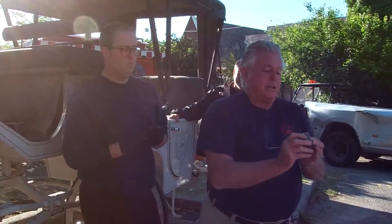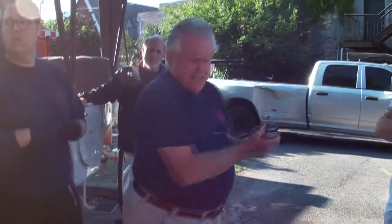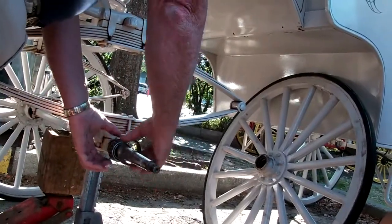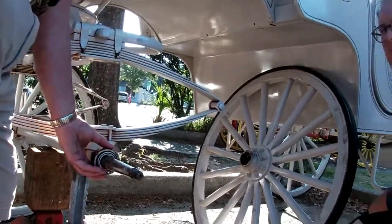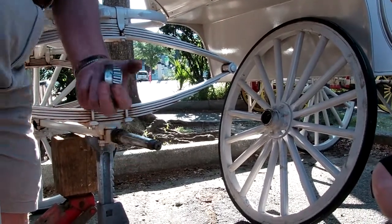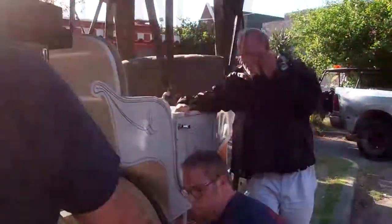This bearing rides just like this. It goes right in that race. So actually what you'll have, that hub assembly right there on the inner, this will be pressed into that, and your bearing will be like so. And it just sits there and rides in this. And when you take this wheel off,